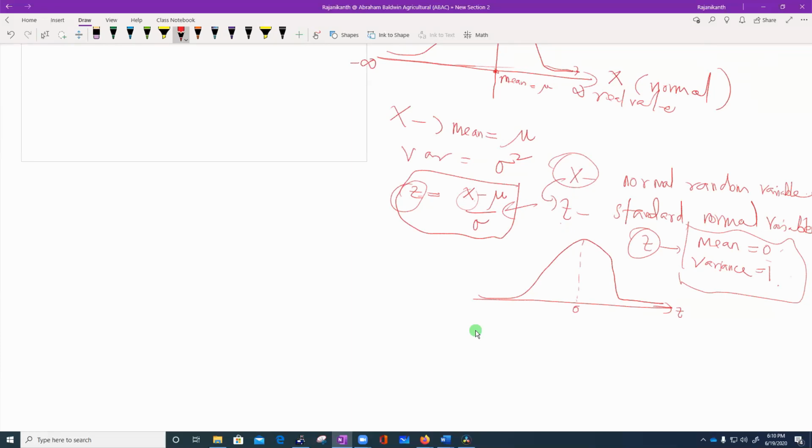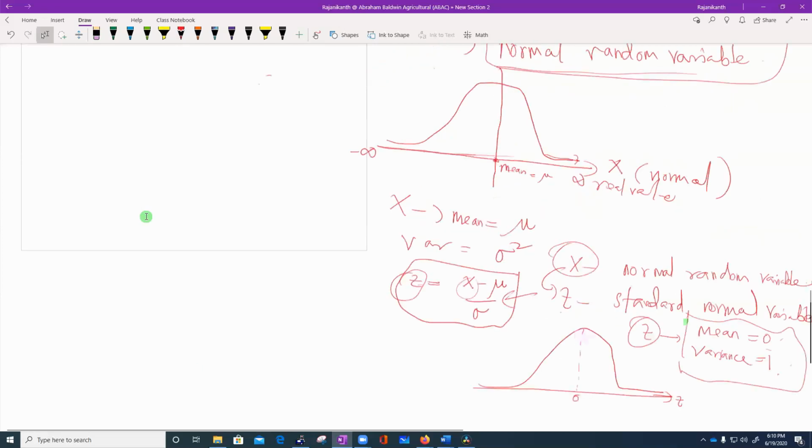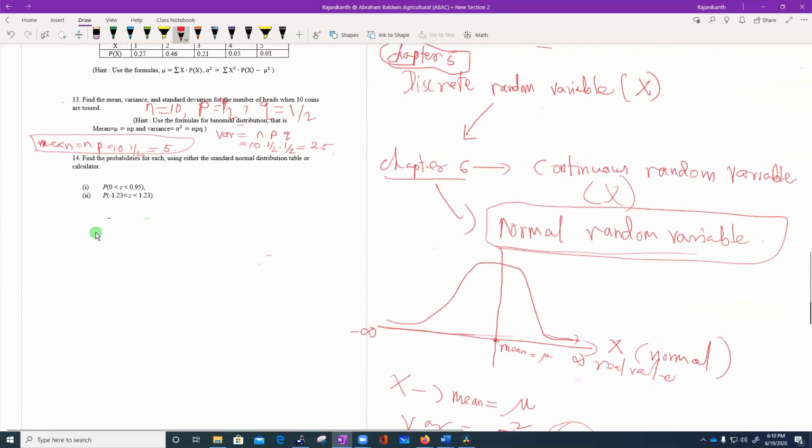Okay, so if you draw the picture for z, mean is always 0 here. You could put 0 here, the middle point, the symmetric point, right? The center point is always 0 mean. Now, they are asking us to find the probability of